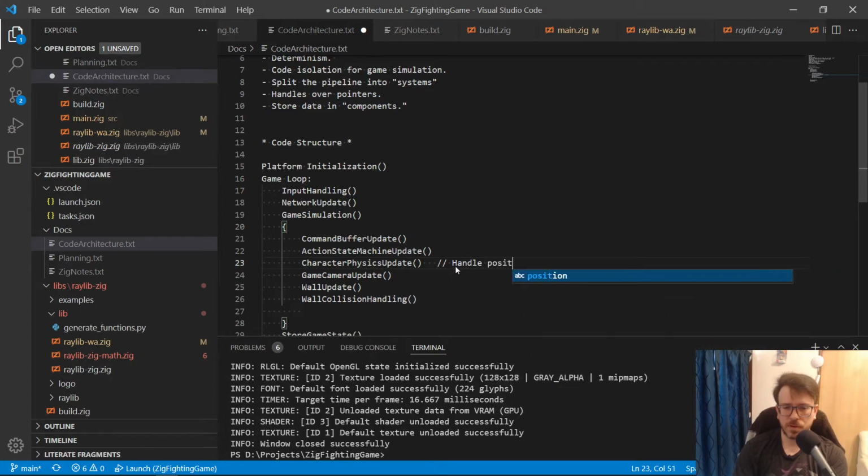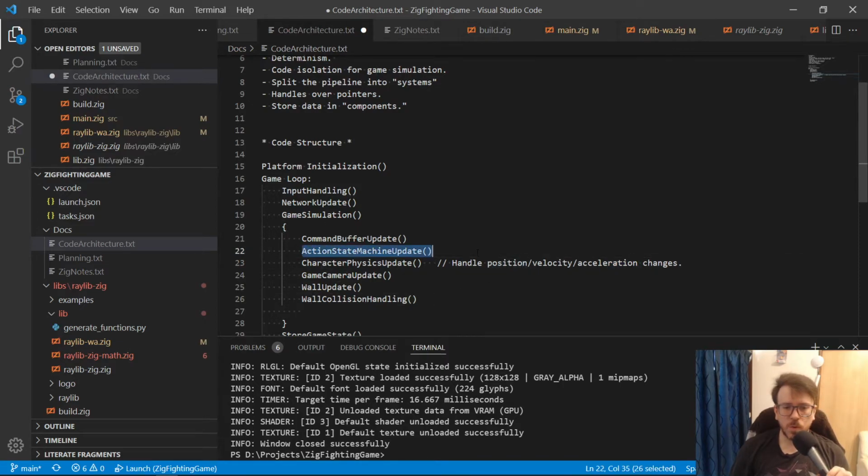Let's say position, velocity, acceleration. Here we'll take the acceleration and update the velocity, and take the velocity and update the position. And the order there matters as well, but we'll get into that at another point.